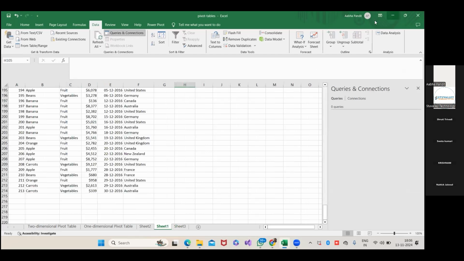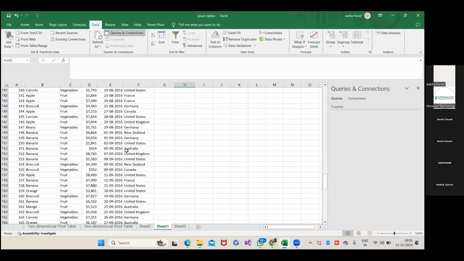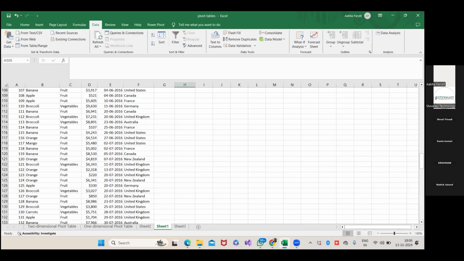I'm just showing you one of the sheets here. Okay. So let me first explain what the pivot table is and how we can use the pivot table and why we need a pivot table. That also we are going to discuss, and then we will apply it to this data which I have right now. Okay. So let's get into this.